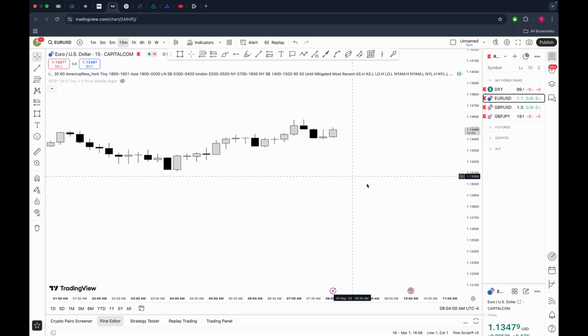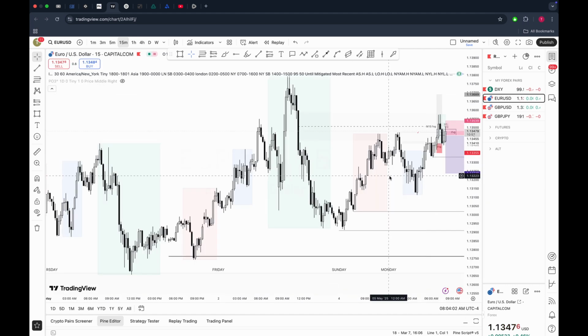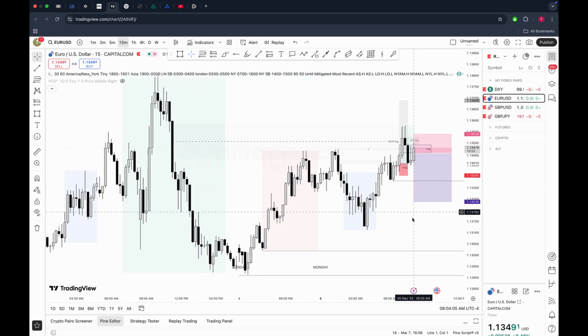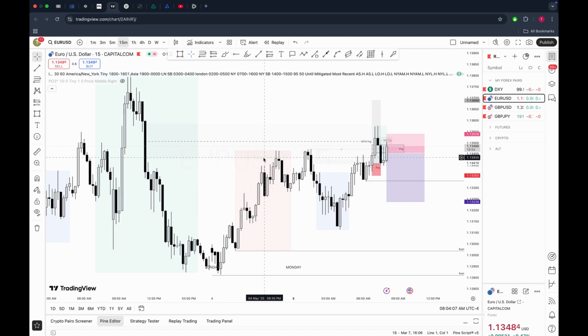Alright, so when we get to the 15 minutes time frame, we can see price has swept the Asia liquidity, and it's very good for us because you see London open around this area and it couldn't sweep any of the liquidity, so London really consolidated. So we are looking for the New York session to manipulate and distribute at the same time. This is what I was watching.